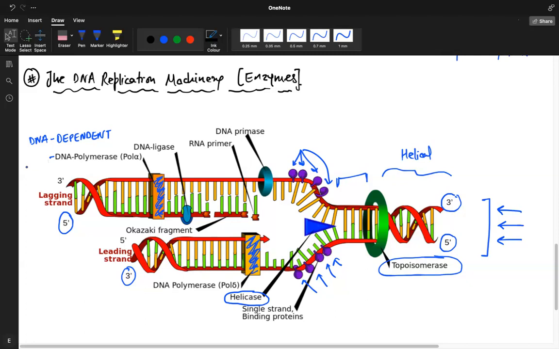Here, the template is also a DNA, and we are also making another DNA strand. So it's called DNA dependent DNA polymerase because it uses DNA as a template to catalyze the polymerization of deoxyribonucleotides. So write down: